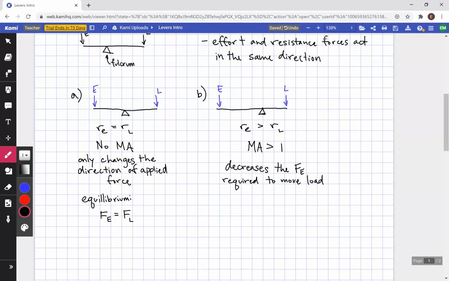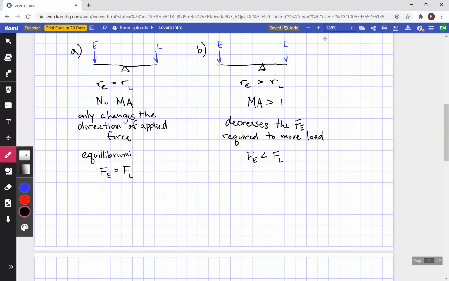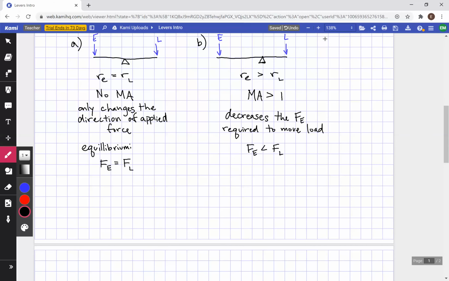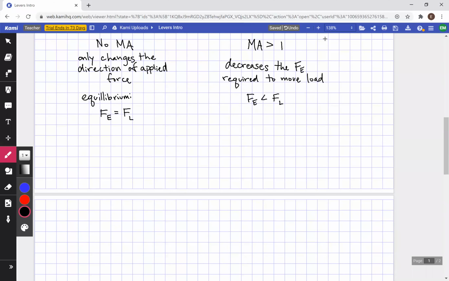And so the effort force is going to be less than the load force, because by increasing the distance, you're minimizing the amount of effort you have to put in. And then the last situation, we'll squeeze this at the bottom,